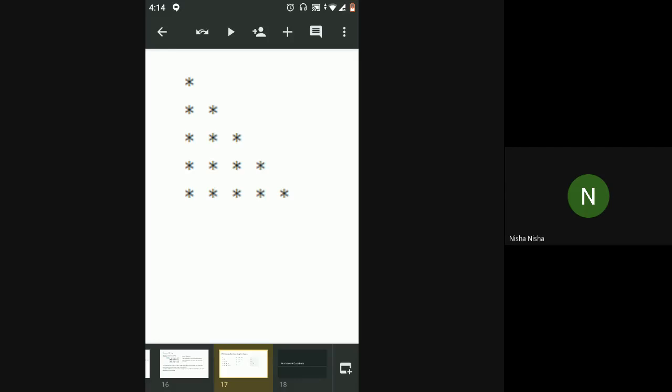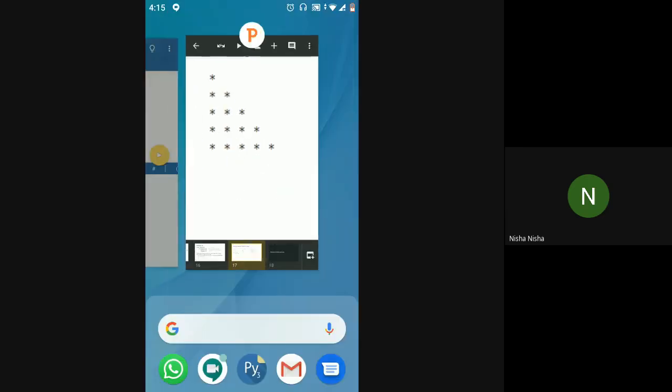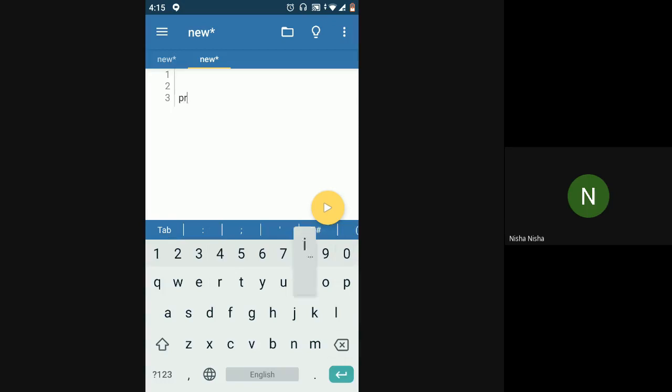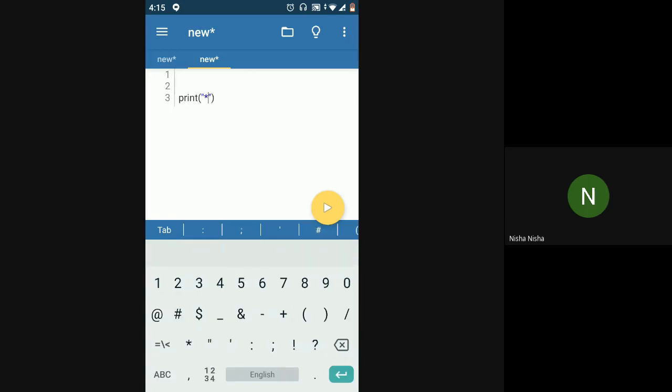So what I want to do right now is, using for loops, print this pattern. But first let me go back and, without using a for loop, just print this pattern. This is very simple, right?